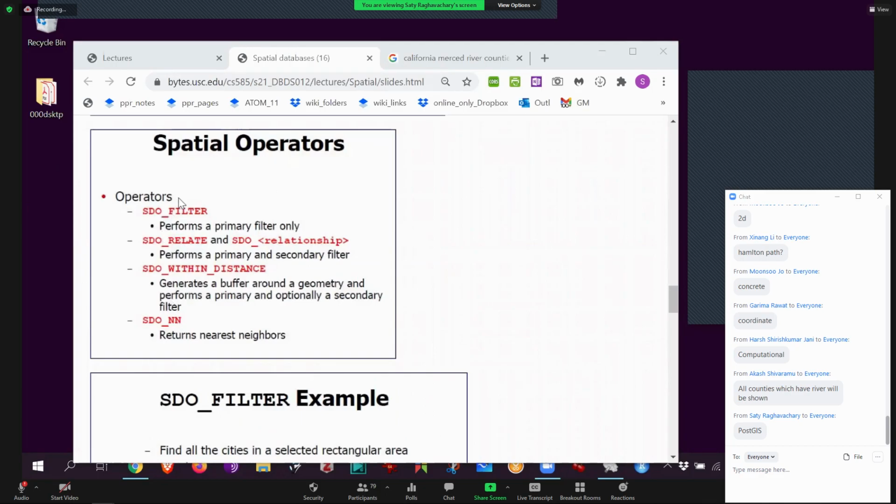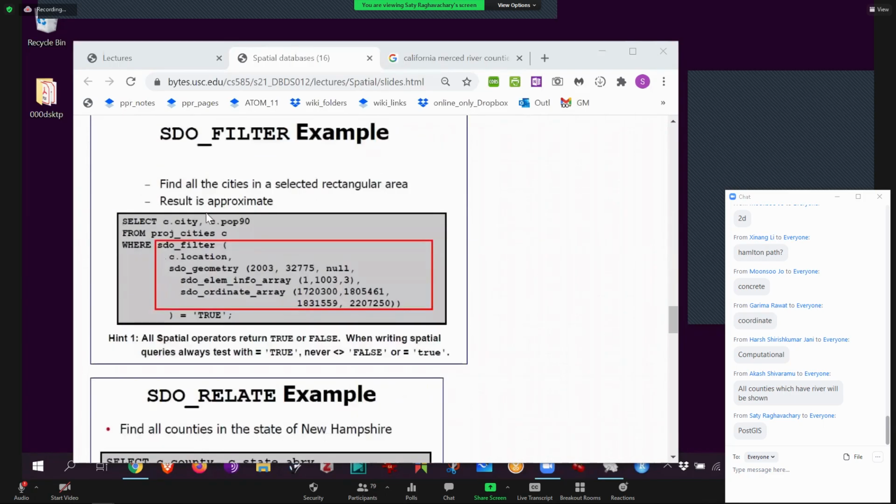And then these are the actual function operations. Given any one point, you would do SDO_WITHIN_DISTANCE with some other point, and it'll tell you if the 2 points are within a certain distance or not. Meaning, say you pick a distance of 1 mile from where you are, then you can give it some other point and ask, is it within 1 mile or not? So that's an example right there.